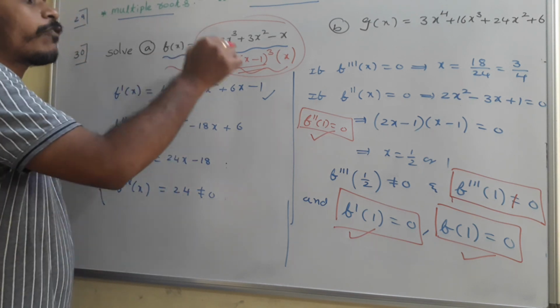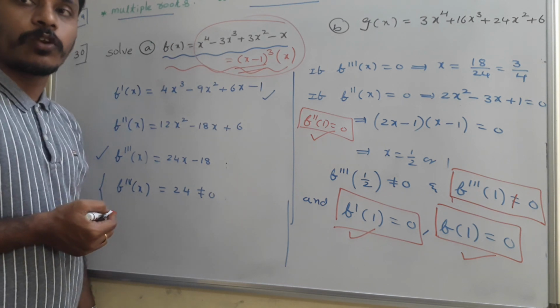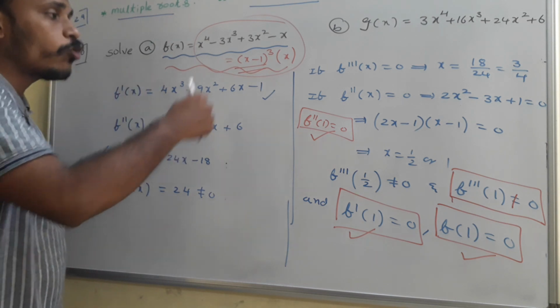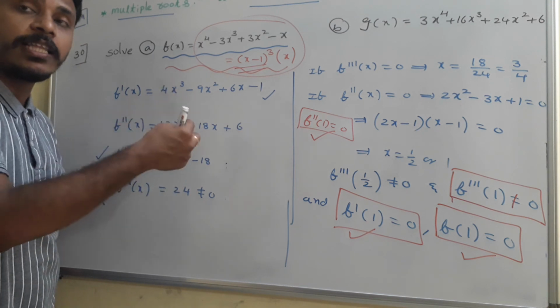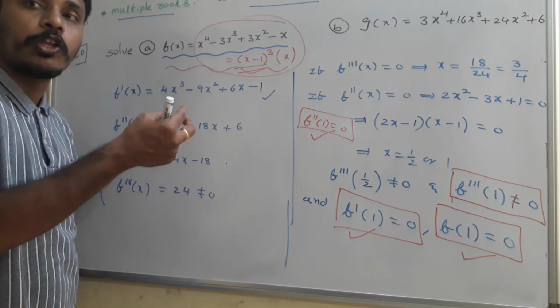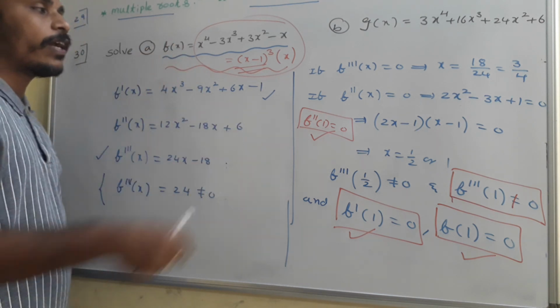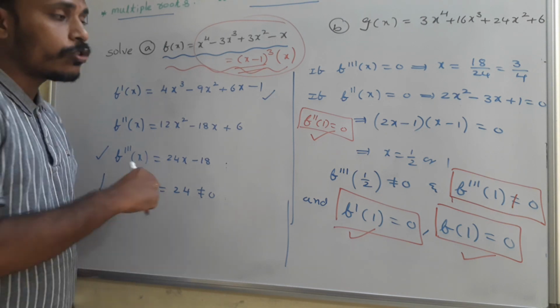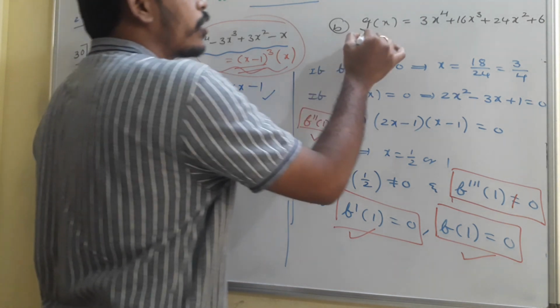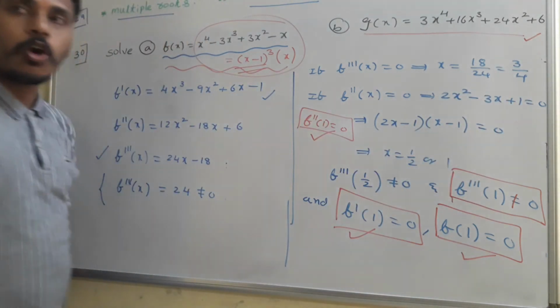But without identifying it directly as x into x minus 1 whole cube, I just explained to you the way of finding the factors or the roots of the polynomial just by using the derivative concepts in multiple roots. You just have a look. In the same way, now you just try to solve this particular problem. Okay? Have a look.